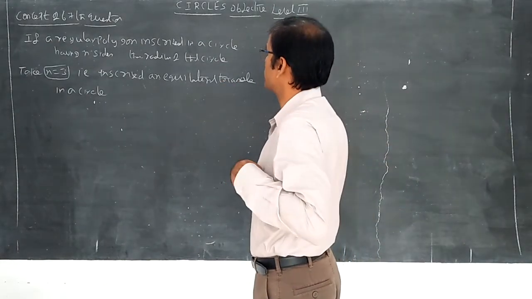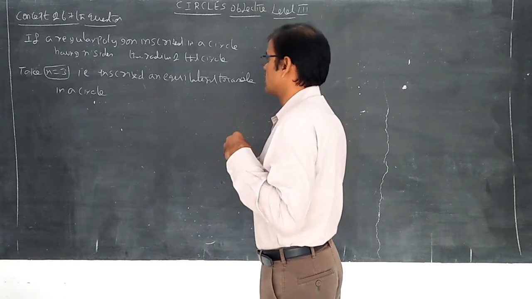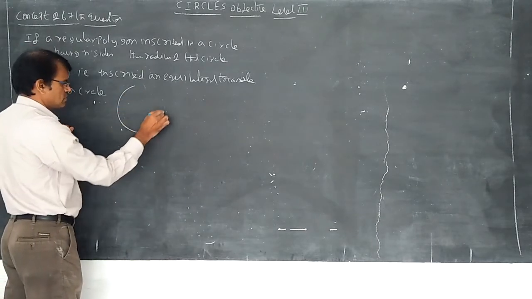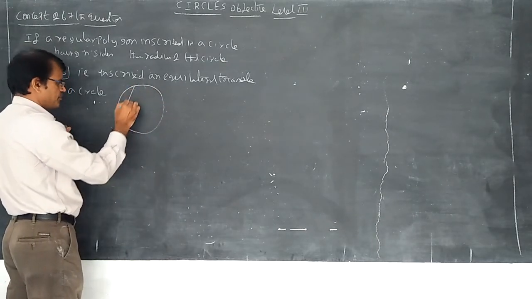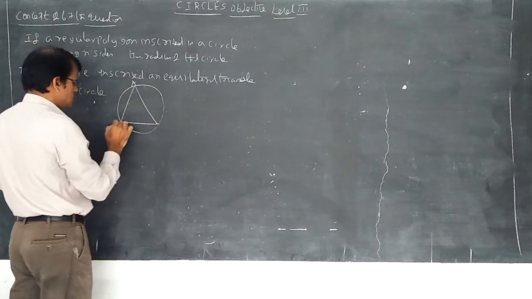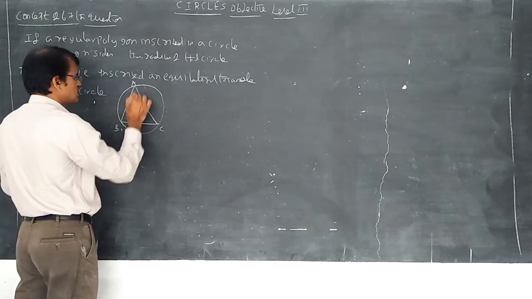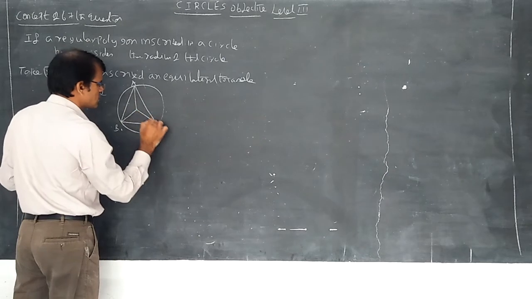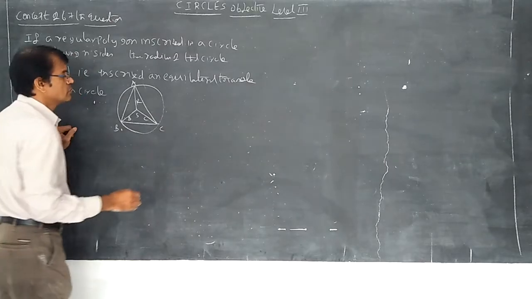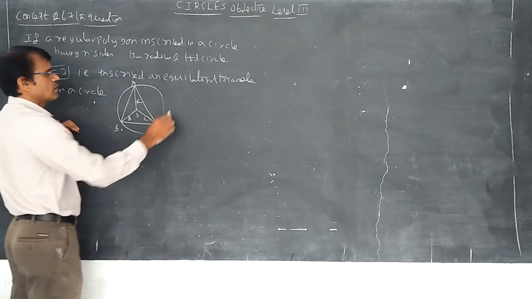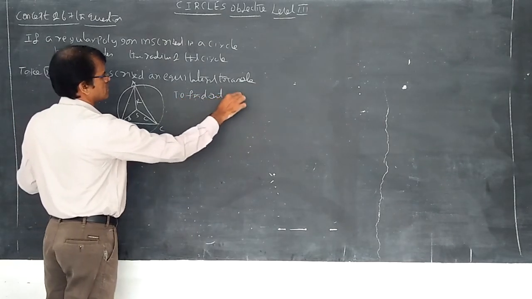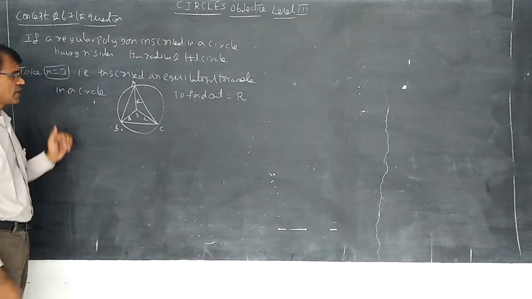He is discussing a regular polygon inscribed in a circle. Let us discuss a triangle inscribed in a circle. Draw like this. Let this be an equilateral triangle. Put here A, B and C. This is the center. From the center to any point on the circle is called the radius. SA is equal to capital R, SB is equal to capital R, SC is equal to capital R. So capital R is the circumradius of the triangle.